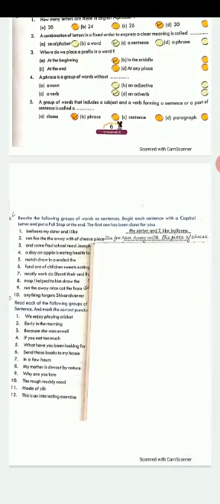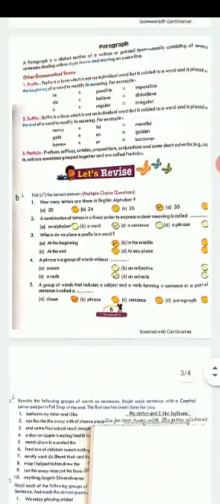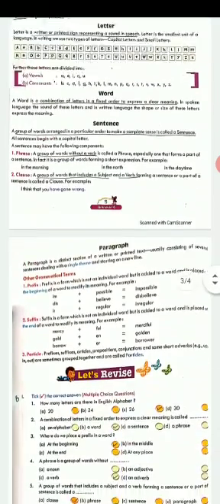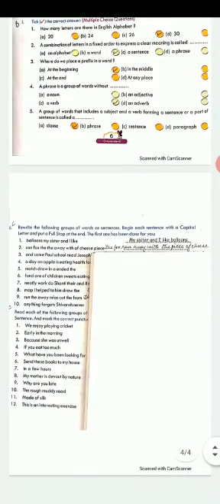So although this has a verb, the fourth one will not be considered as a sentence, and it will be considered as a clause. Like I have already taught you the meaning of clause, that it is a group of words which contains a subject and a verb. But like I told you while I was teaching about clause, it does not give us a complete meaning or a complete sentence every time. So that is why the fourth one will be a clause. It has a verb, but it is not giving us any complete sentence.